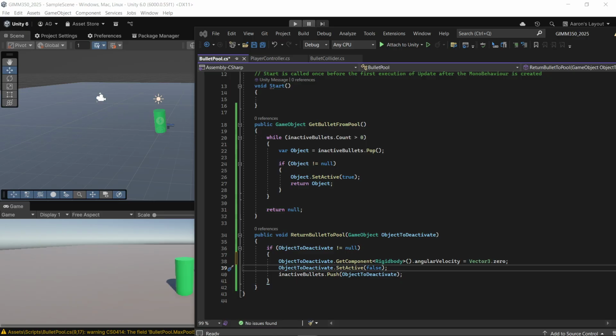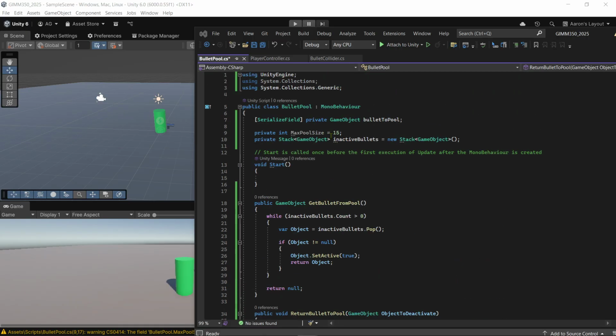Perfect. So the last thing we need to do is set up our pool, right? We now have a way to get something from the pool. We've got a way to return it to the pool. We know that the max size of the pool is 15, but we don't have a pool yet. We have the start of it, but we don't have it there yet. So